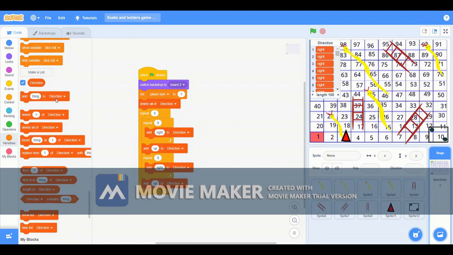So add "thing to direction"; you will write "up" here instead of "thing to direction." Okay, done. And after that, another repeat should be inserted, which will also be 9 times, and then add "right" to direction. Okay, and after that, below the repeat there should be "add up to direction." So these are the codes